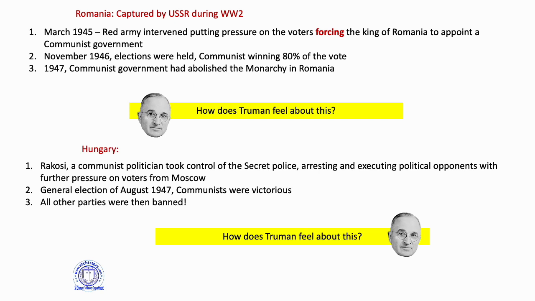Each time he's getting angrier, more paranoid, more suspicious, which also leads to obviously more American response, which, as we know, in 1947, we're going to see the Marshall Aid flying through Europe, trying to persuade countries not to fall to communism. And then we'll have a bit of a Berlin issue as well, won't we, at the start of 1948. So this is all sort of happening around this time. Just to keep that in perspective.